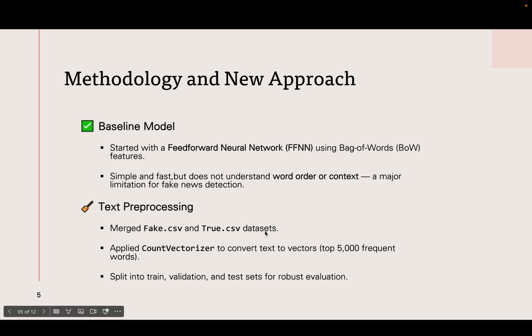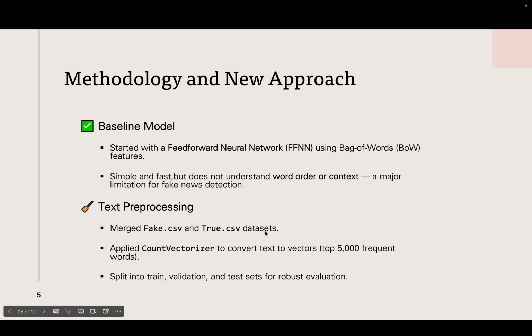To tackle the problem of fake news detection, we used different methodologies and approaches. We began by developing a baseline using a simple feed-forward neural network trained on bag of words representations of the text. While this gave us a starting point, it didn't capture the structure or meaning of the language, something that's especially important when trying to distinguish fake news from real news. Since both use convincing and professional language, an ordinary person can't distinguish between fake and real news.